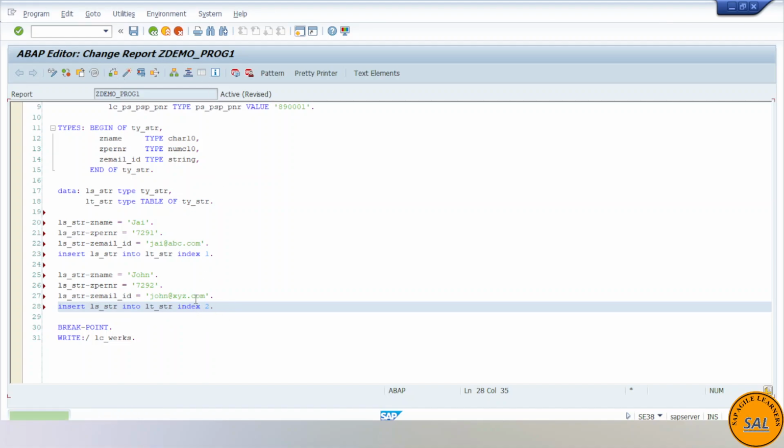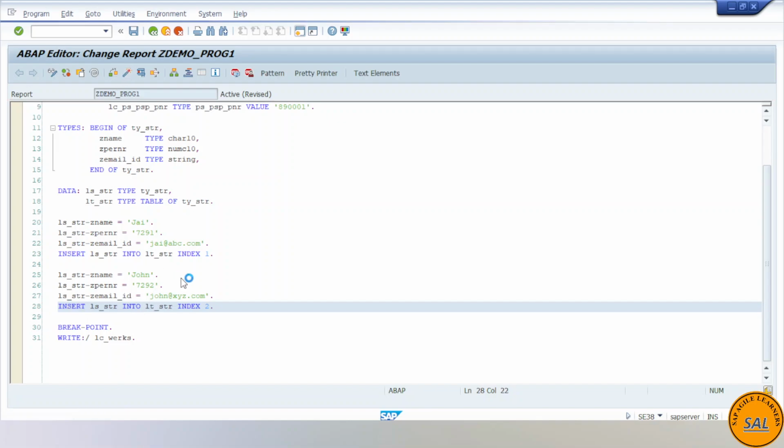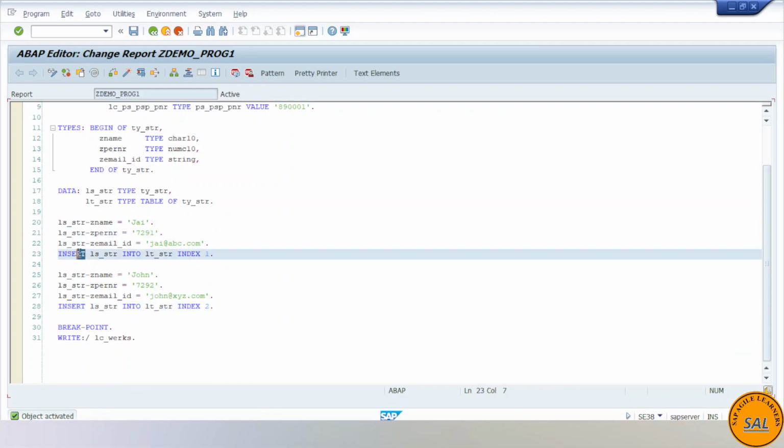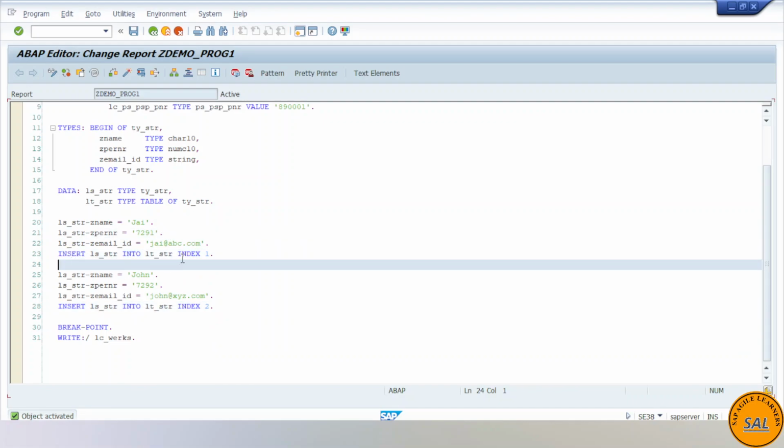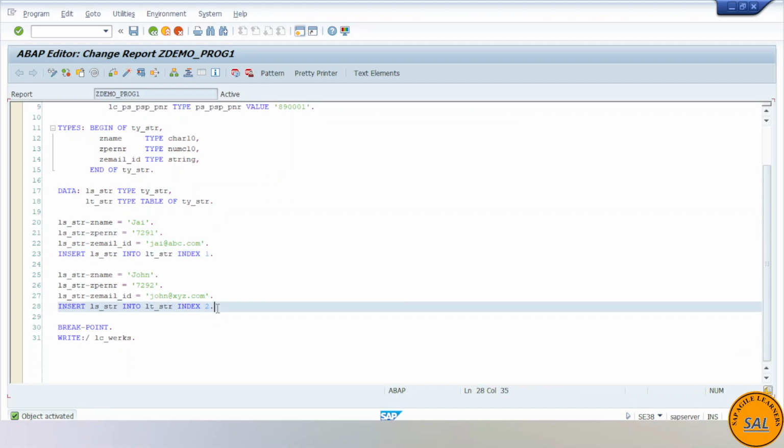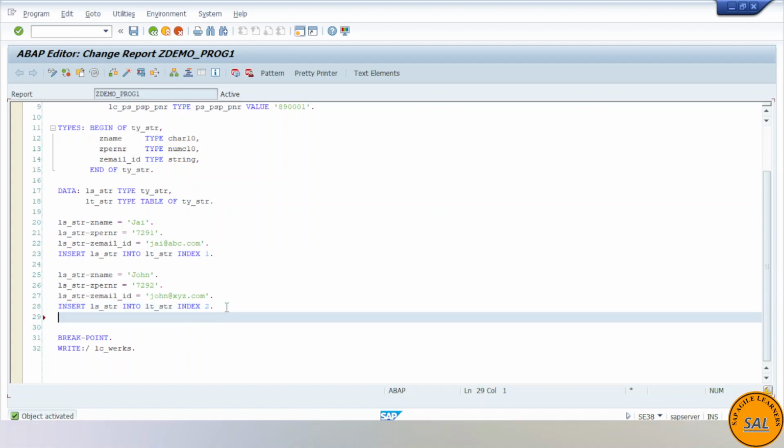Now let's do syntax check. Perfect, no syntax error. You can try even pretty printer here as well, so it will make your letters capital. And now let's activate it. So this way you can insert your data using the insert keyword or statement with the help of indexes. And now let's talk about the append